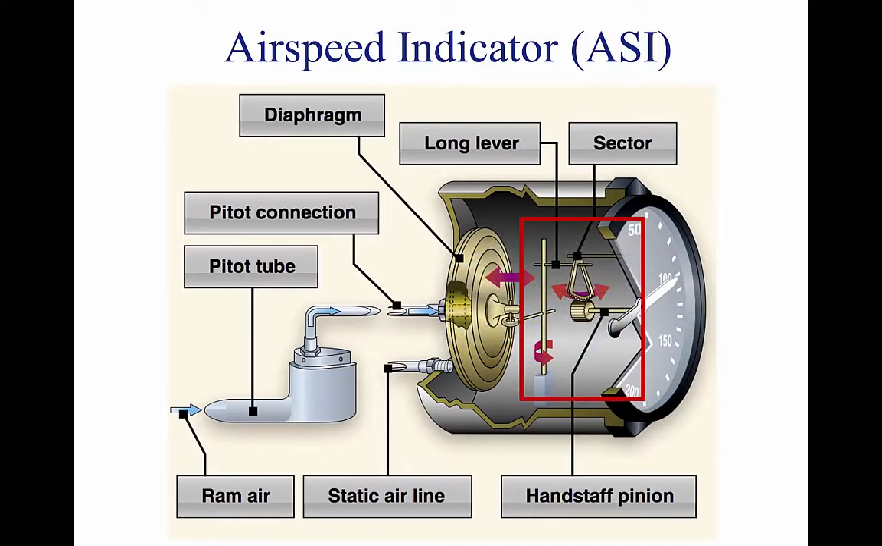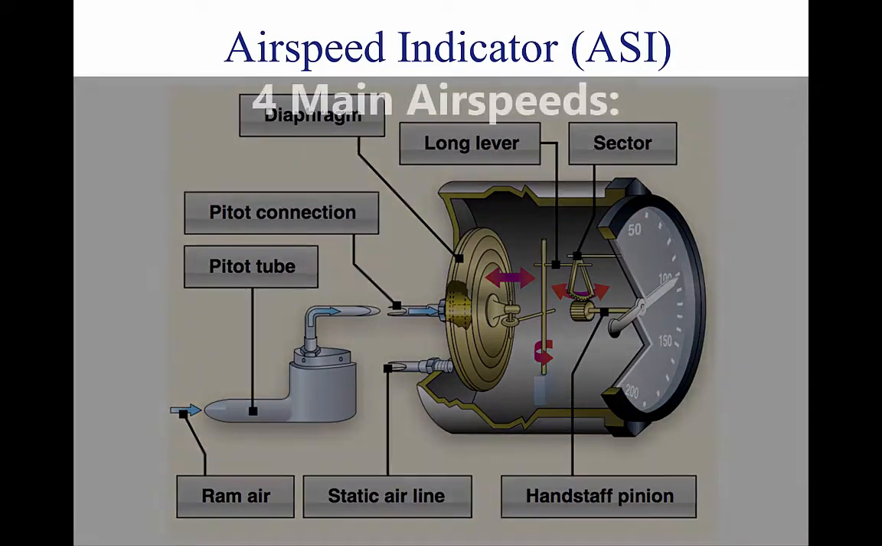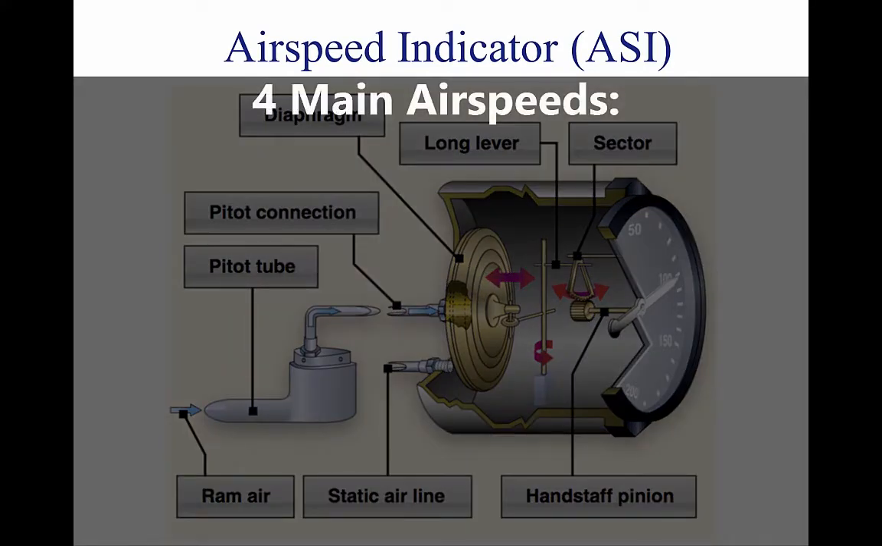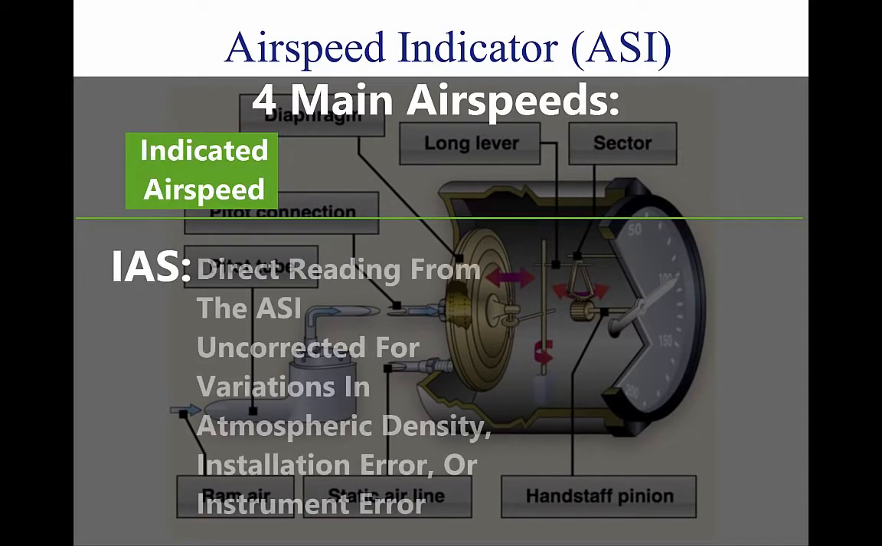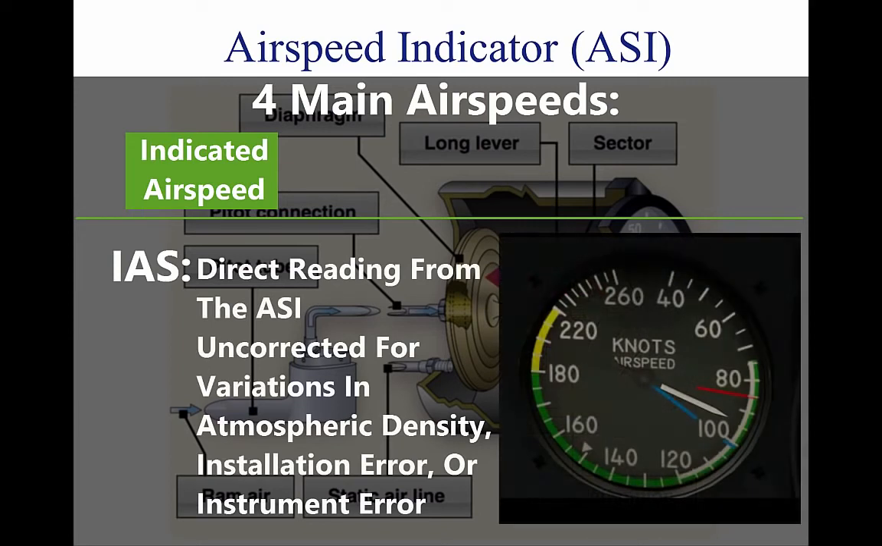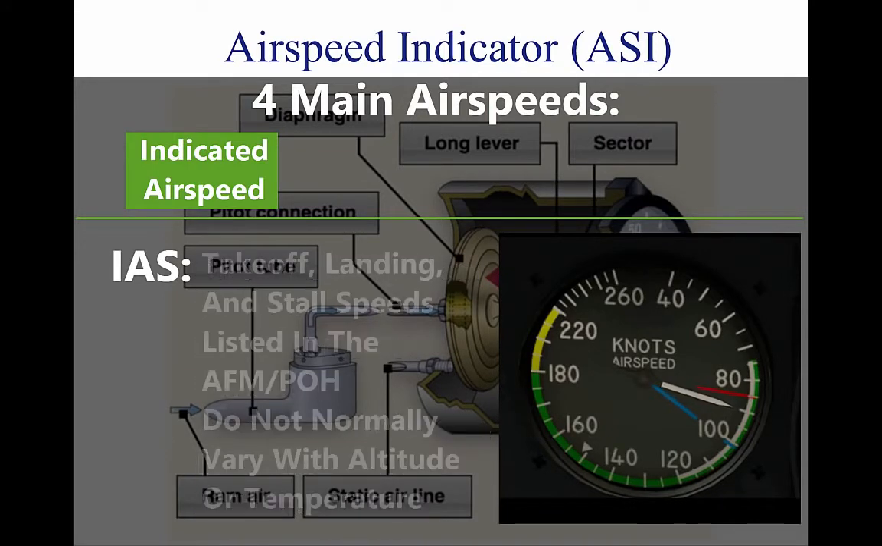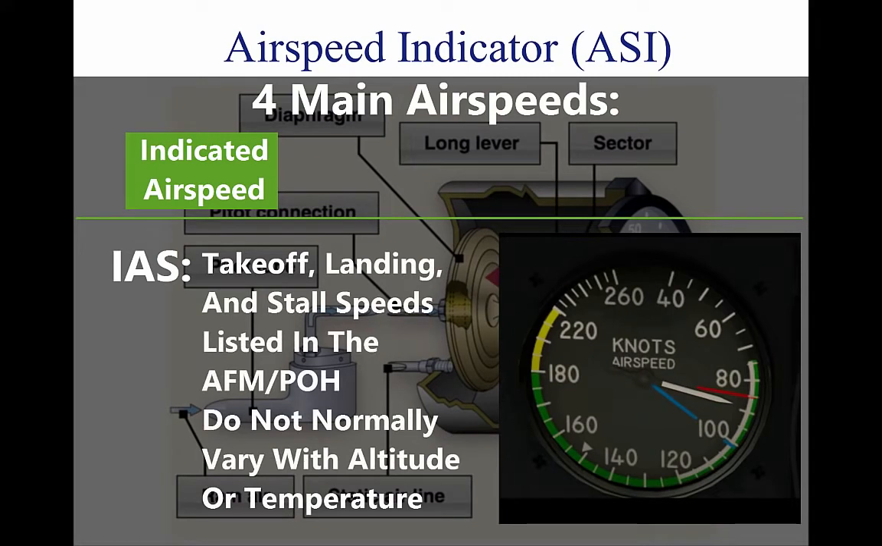Just as in altitudes, there are multiple types of airspeeds. Pilots need to be very familiar with each type. 1. Indicated airspeed, IAS. The direct instrument reading obtained from the ASI, uncorrected for variations in atmospheric density, installation error, or instrument error. Takeoff, landing, and stall speeds listed in the AFM/POH are IAS and do not normally vary with altitude or